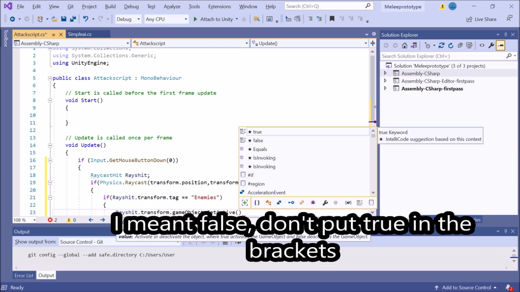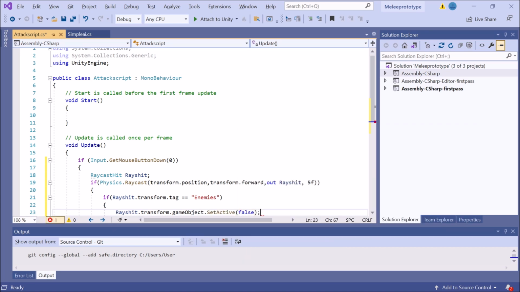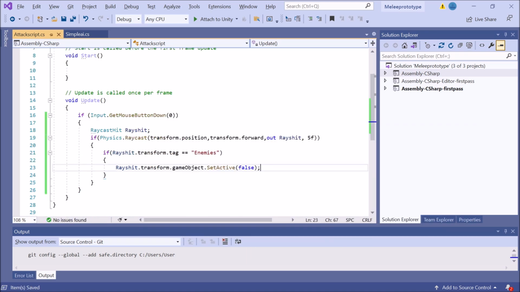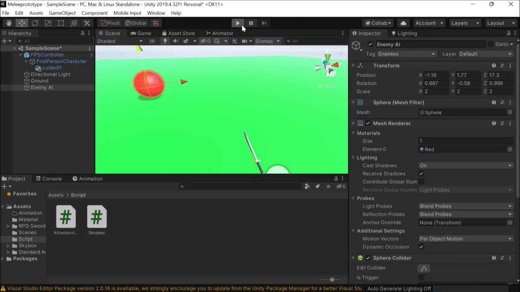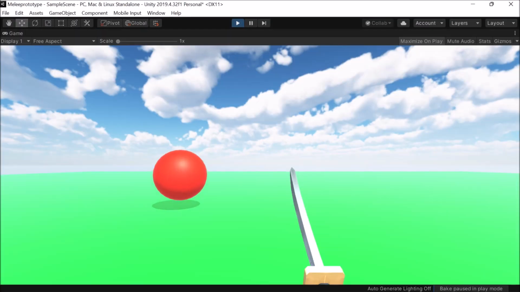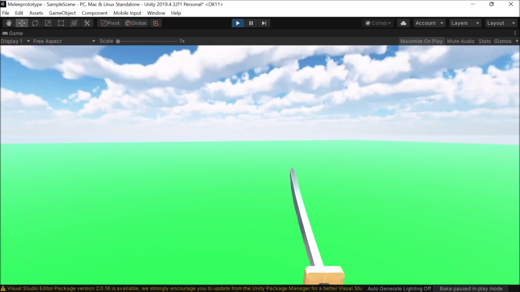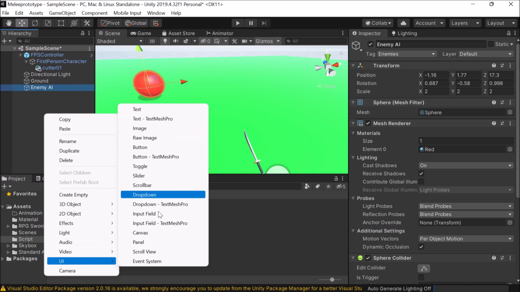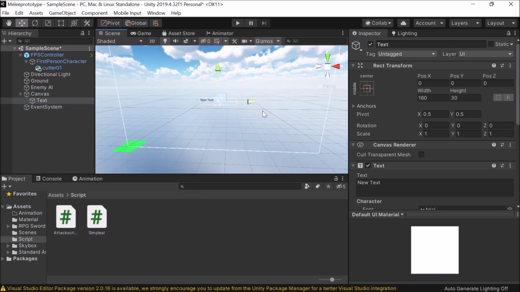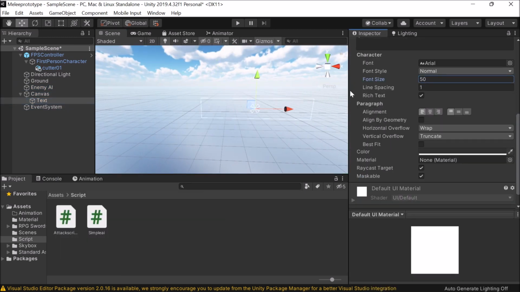This basically shoots a ray whenever we click, and if the ray touches the enemy, then the enemy dies. I will do another video on a health system, but right now we will focus on melee. If we test the game and click on the enemy, it disappears. To make the aim more accurate, we can create a crosshair and put it in the middle of the screen. After we are done with the crosshair,